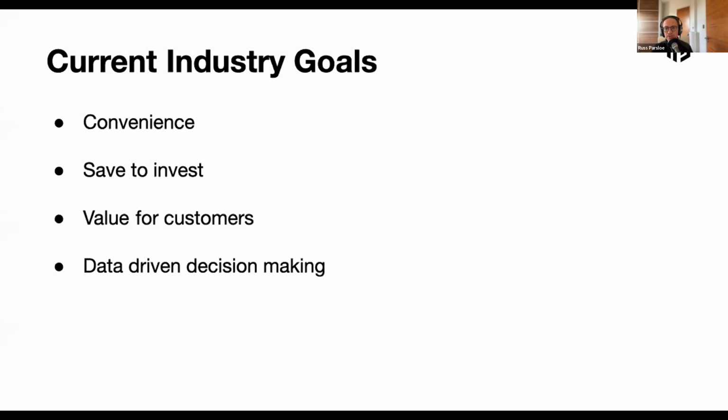And then finally, there are some of the goals. One of them is around convenience. So people now expect to have an online channel in the same way that they have a physical store that they can actually go and make their purchases from. So it's just making sure that this digital channel is available and secure. People are looking for a consistent retail experience as well. So I don't really want to worry about whether I'm in store or whether I go onto my laptop and order stuff from there. I want that kind of consistent experience as well. So how can retailers actually provide that kind of customer experience, or a different customer experience, to differentiate themselves from their competitors as well?